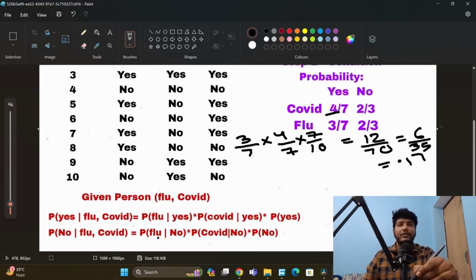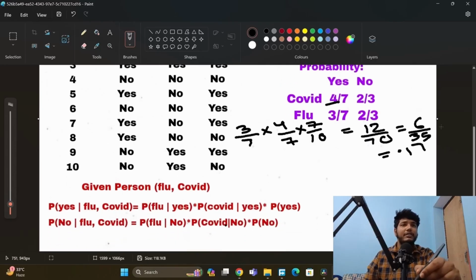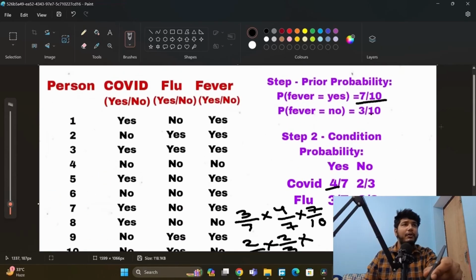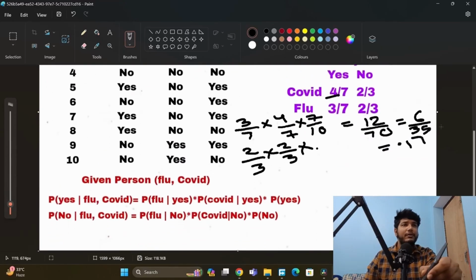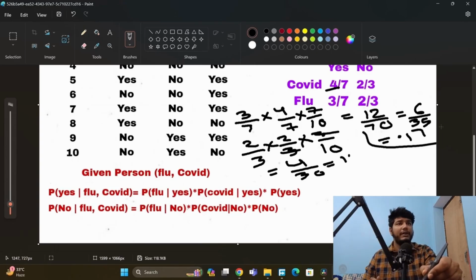Now we will do it for flu no and fever no. Okay, so here we will do it, which is our value 2 by 3. Okay, flu 2 by 3, and COVID also here, which is no and fever no. Okay, so we will do it 2 by 3 into 2 by 3 multiply by probability of no. So probability of no is equal to 3 by 10, so which we will put here. Okay, let's put 3 by 10. So this cut. Okay, so now we have 12 by 15,